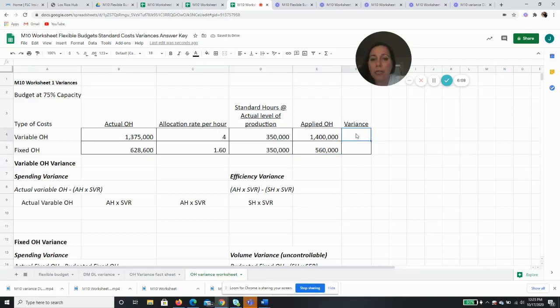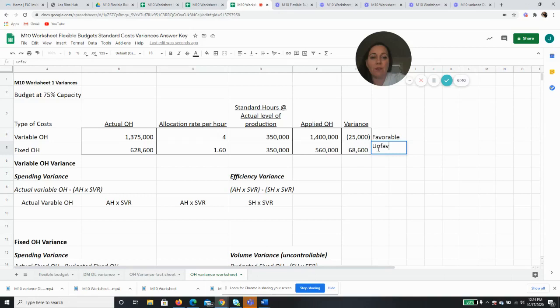And our variance for variable is our actual minus our standard. A $25,000 favorable variance because our actual is less than our standard. And our fixed overhead, our actual is $628,600 minus the applied amount, which was $560,000, and that gives us a